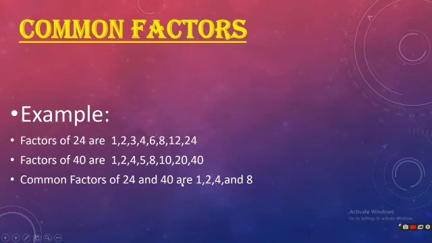So what is another common factor in which both numbers are coming? That is 8. So we will take 8 as well. So 1, 2, 4 and 8. These are the common factors in which 24 and 40 both are coming. Or simply you have to find out the numbers which are 2 times over here, which is a factor of 24 as well as a factor of 40.